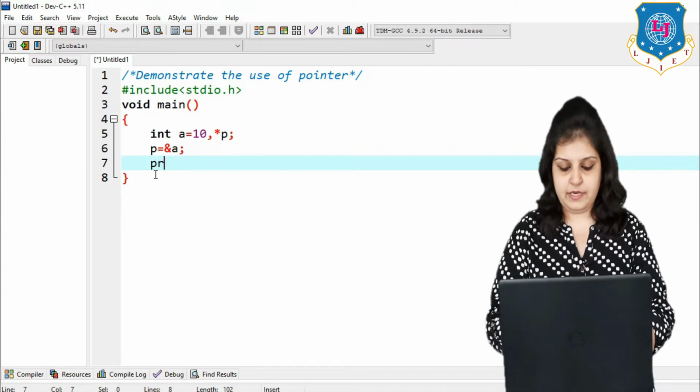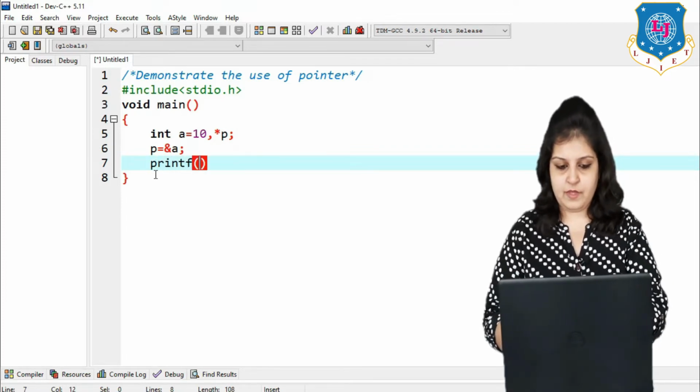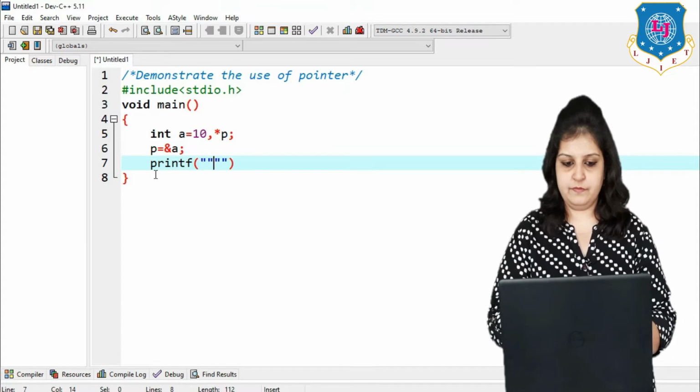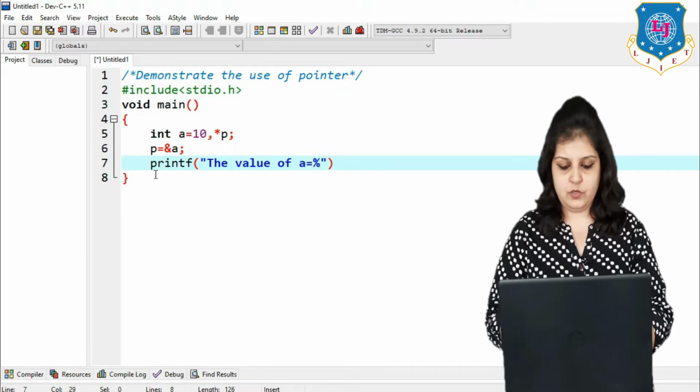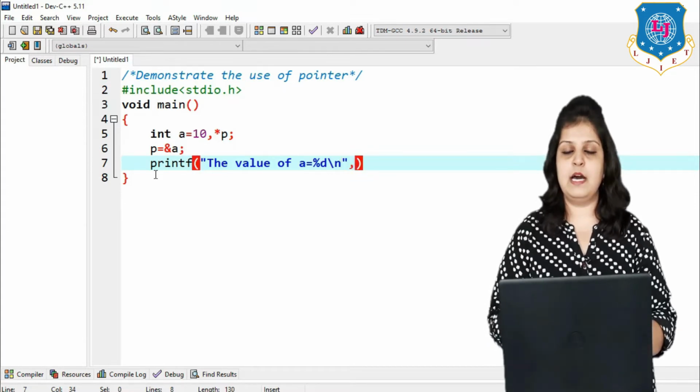So I am writing one printf function, and in printf, the value of a is equal to %d \n, comma.